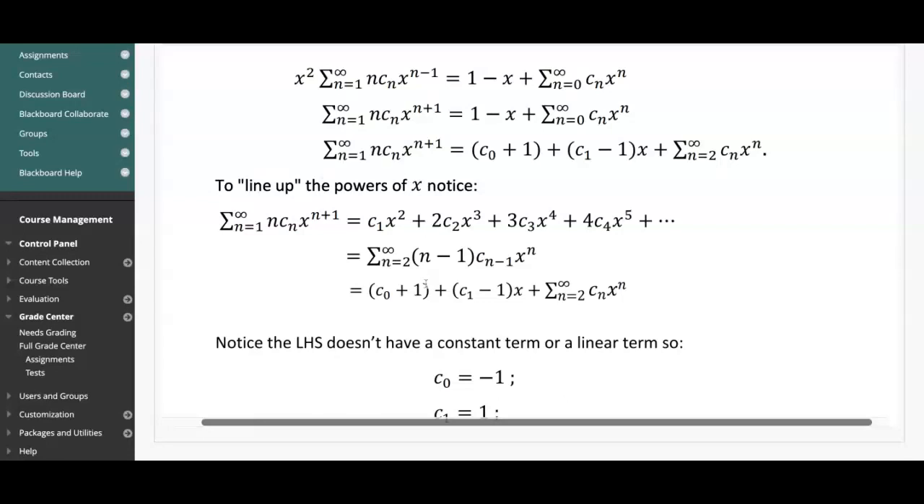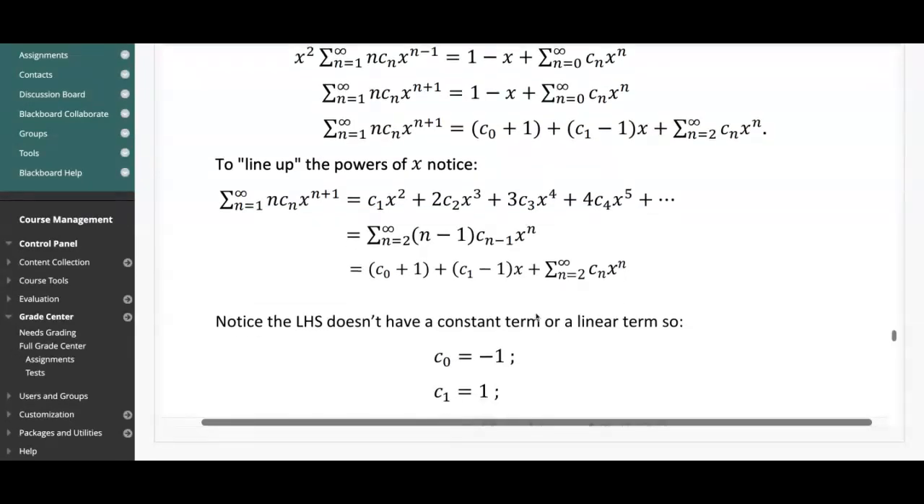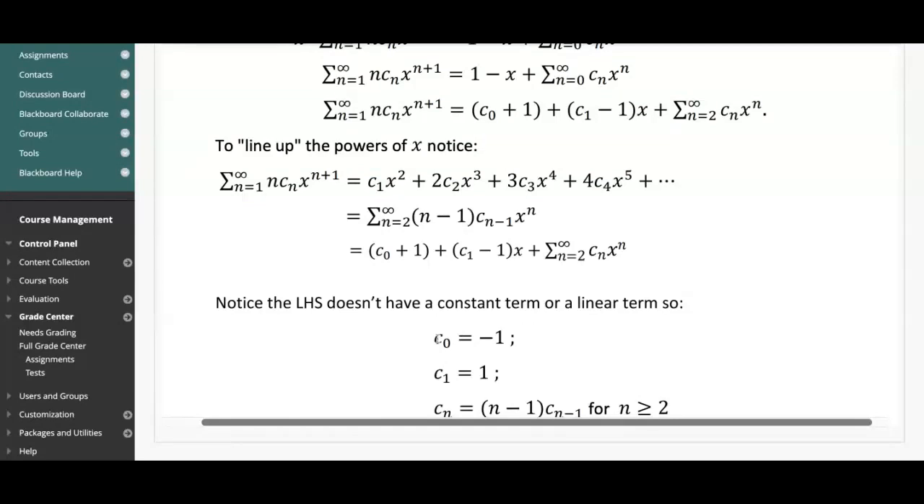To be this. Then this equals to this, right? Then this equals this. So I can match up the coefficients. So when I match up, I get C naught plus 1 equals 0, because there's no constant term,